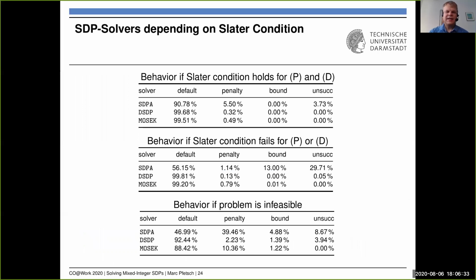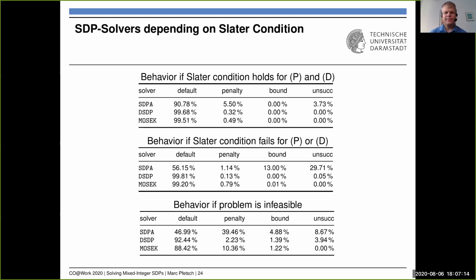So, and here you see the results. What happens if Slater's condition holds for the primal and the dual? Then you see for different solvers, SDP-A is one solver, DSDP and Mosaic. Mosaic is very stable, DSDP in default also, but SDP-A not so much. We often have to run the penalty formulation to decide, and very seldomly this bounding SDP. And in some cases we are unsuccessful, then we have to somehow recover within the tree by solving an LP